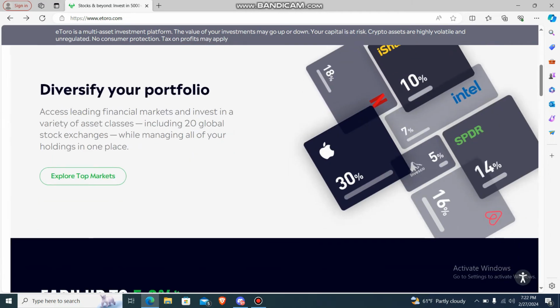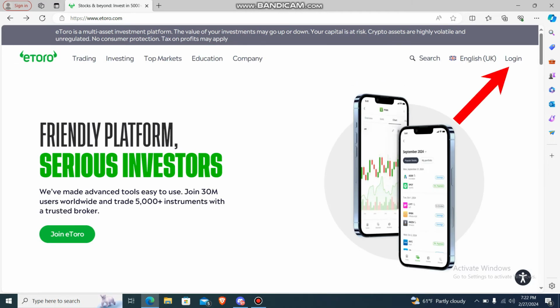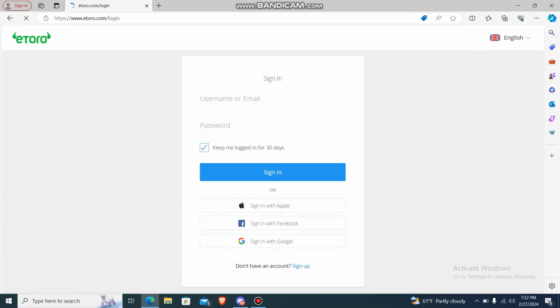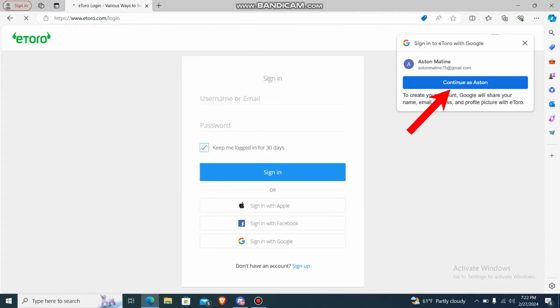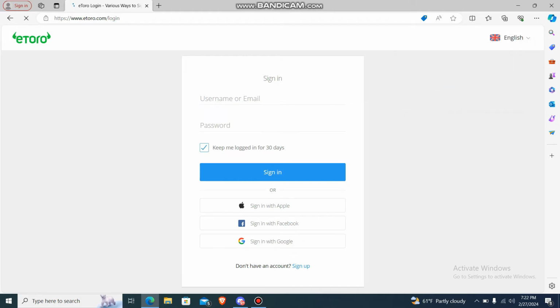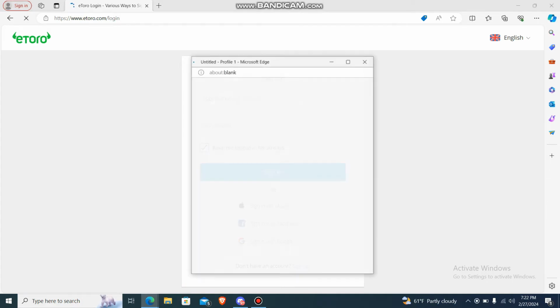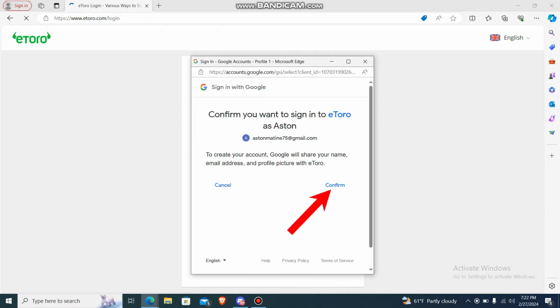Then what you're gonna do is just go to this top right corner where it says login, and then it will redirect you to the login page of eToro. So here you can see you can log in, or let's say sign in, through different platforms. So as you want to sign in through your Gmail account, or let's say Google account, just go to the option which says sign in with Google, and then just choose your account and just all the formalities